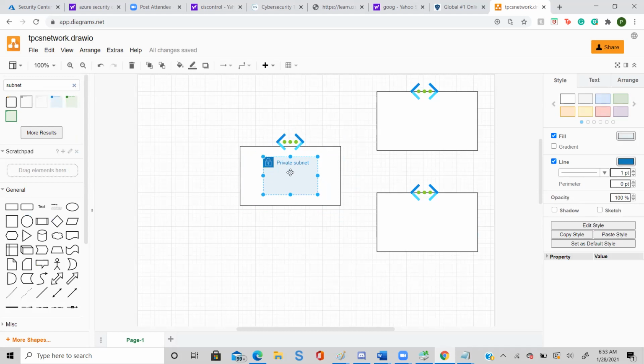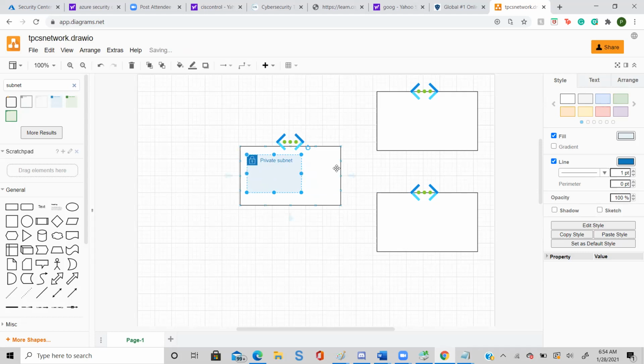If it's not dragging, you can use the arrow key also. After selecting, use the keyboard arrow key and it will move. One minute.